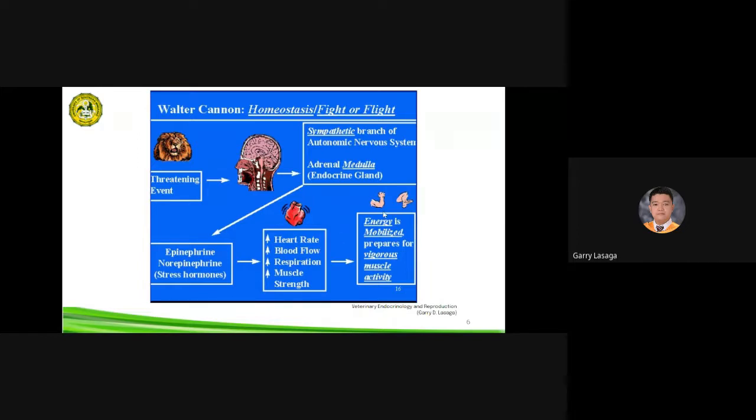So either way, regardless if the individual stays or flees or runs away from that particular stressful environment, the heart rate, the blood pressure, the respiration, all of these parameters will be increased